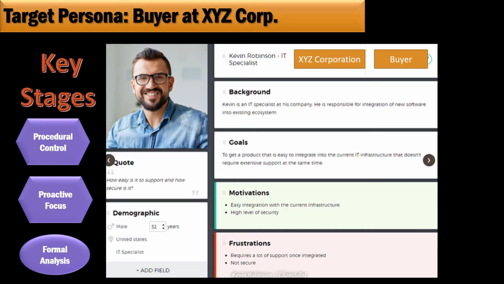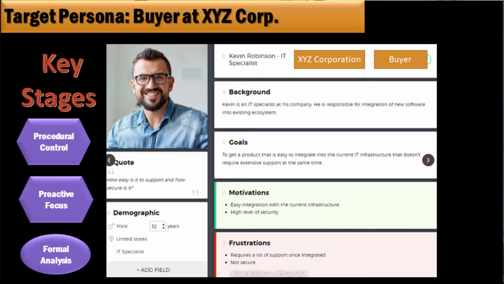Okay, so this is looking at a target persona. With target personas, you might break your personas out into each of these types of roles. So this is looking at the buyer. We know this is the buyer at XYZ Corporation, right? So XYZ Corporation's buyer is out there. His name is Kevin. So Kevin is the buyer. And these are some of the details when we do the persona. We might have things about them. There's not one set format for personas. So this is much like it is in marketing. You're just trying to develop an understanding of the people and what you know about those people to say, okay, this is the way a buyer might look.